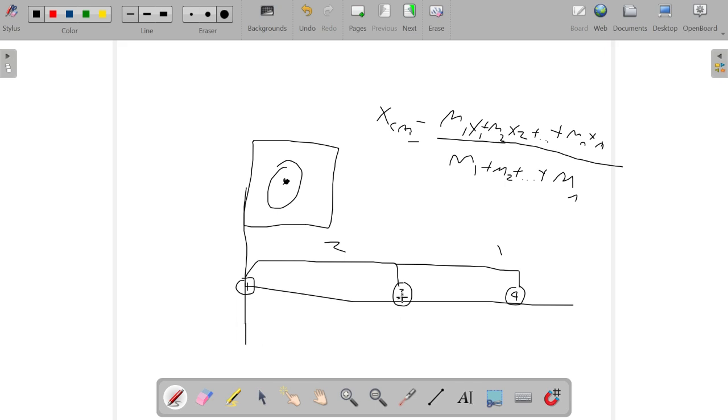And so this block has an x coordinate of 2 because it's 2 away from the origin. This one has one of 3 because it is 2 plus 1 away. So those are the x coordinates. This one will have one of 0. So